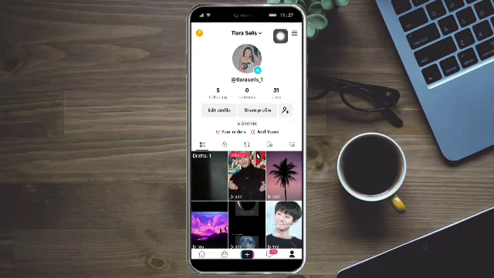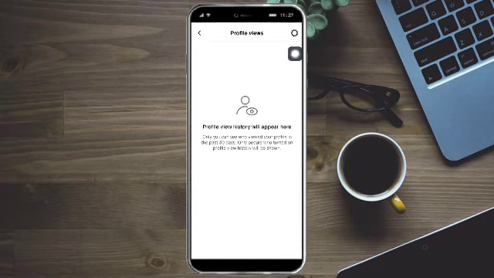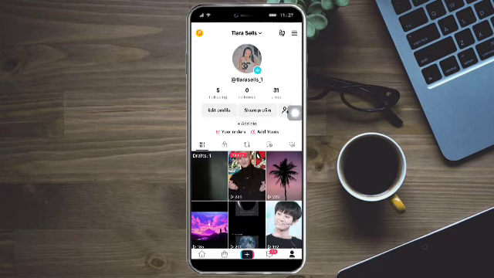So in here you can see this footsteps icon. In here you can see all the people that have actually visited your profile. So that's one method. But if you want a deeper method that we can use, then what you need to